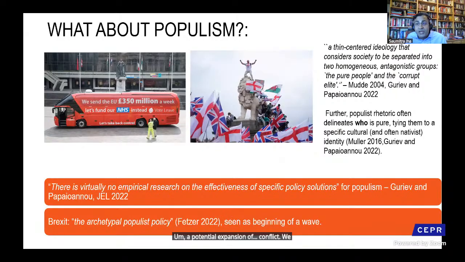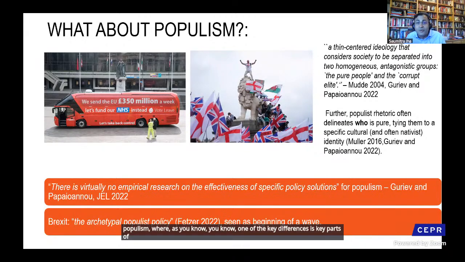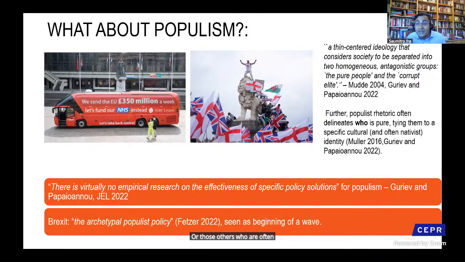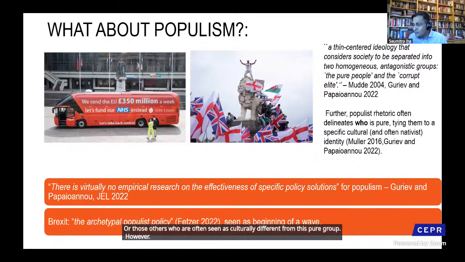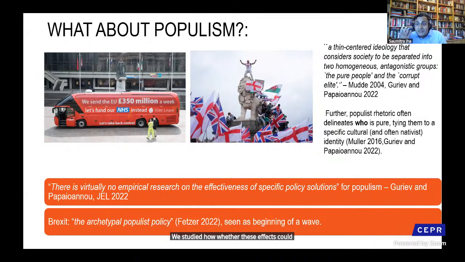We also did a similar study on populism, where one of the key differences is that key parts of populist narratives are about identity. It's about the pure people and a corrupt elite, often, or those others who are often seen as culturally different from this pure group. However, in an influential review article, Sergei Guriev and Elias Papaioannou argued that there's actually virtually no empirical research on how specific policy solutions work. So what we did was we studied whether these effects could work even during the